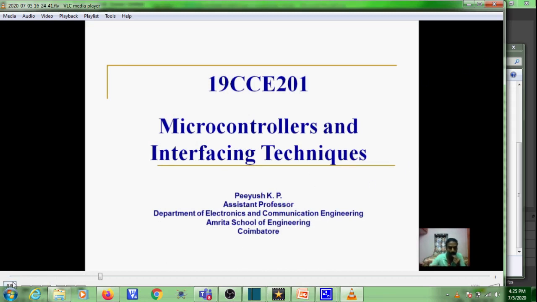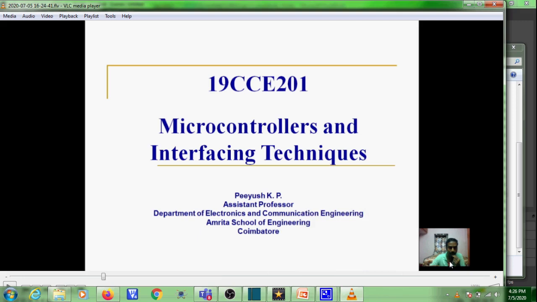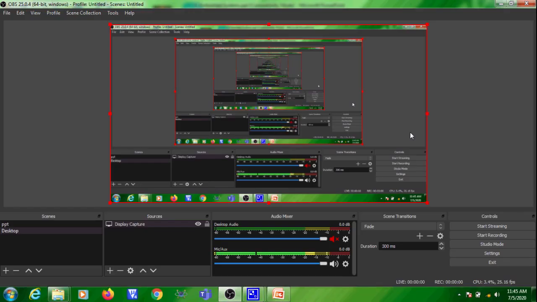So now you can see that my video along with the PPT is recorded as a video. Right. Previously in the recorded video I had only my presentation here. Now using OBS I have added my video also on the right hand side corner. Wherever you need to keep the video you can keep it. So this is how you are embedding a webcam video in the screen recorder video. So this is how you are recording a screen using OBS software.